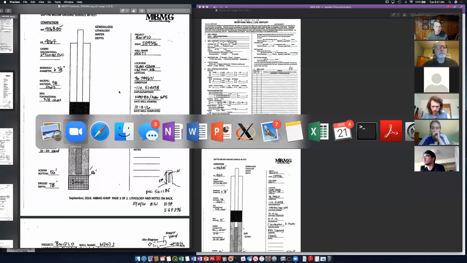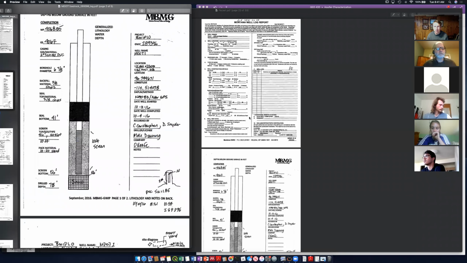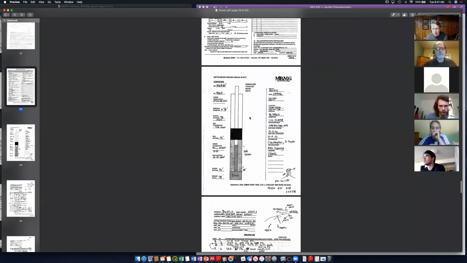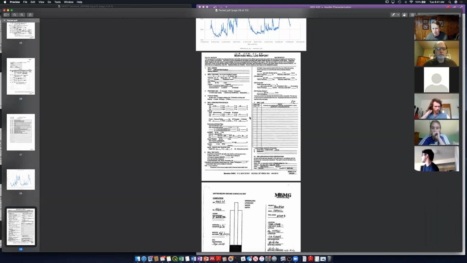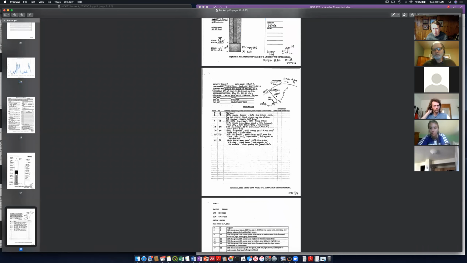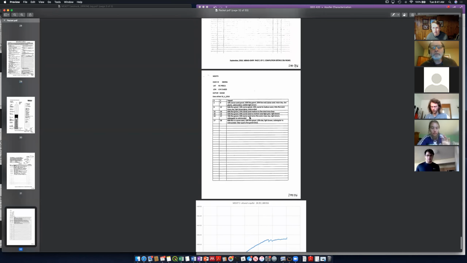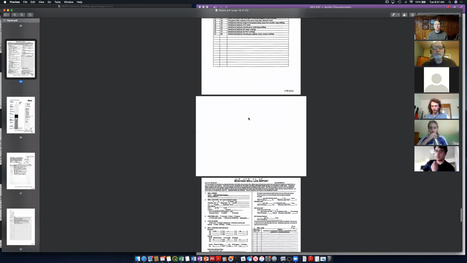Maybe I was just trying to find an example of a driller's log that has some information on the flow, but they don't really have it here. So let's